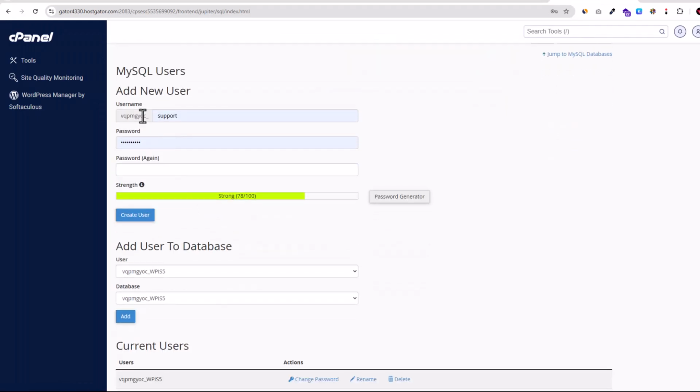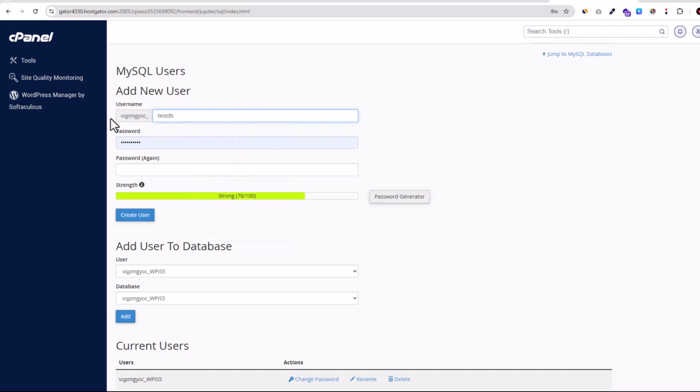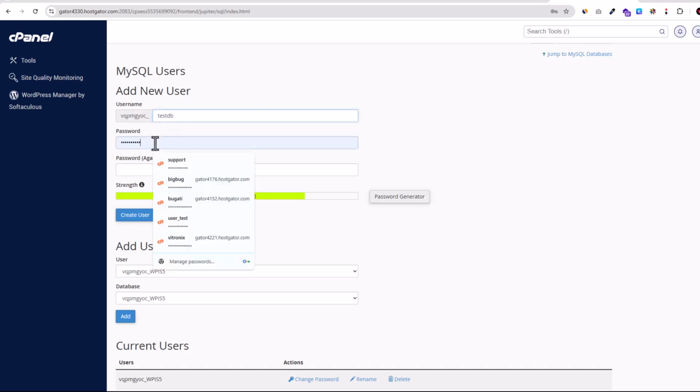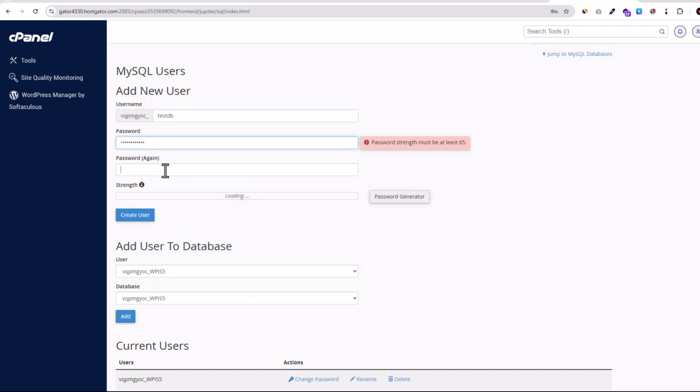And next what we need to create is a user. As you can see, MySQL users, add new user, and here also there is a prefix, underscore, and then you specify a username. I will call this user testdb. So my full username will be whatever prefix, underscore, testdb, and then you give a password for your user. As you can see, there is a password generator. I will just click that. I will copy this password, and I will say cancel, and I will paste this password also here, and then